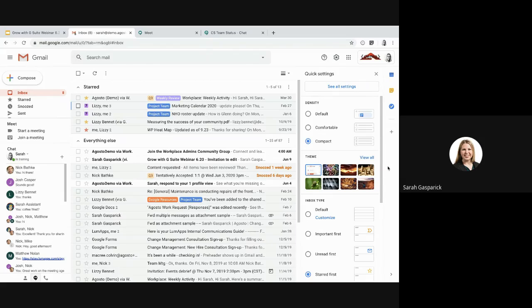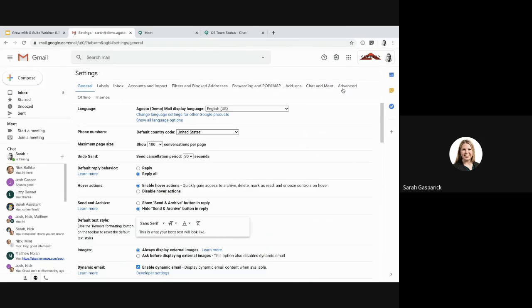Just like we have in the past, we still are going to be able to see all settings and go much deeper with our configuration, of course. You see that broader view of settings, but it's nice to know that we've got that quick settings preview now available. We're going to look at settings just a little bit more as it relates to Chat and Meet here in just a moment, but I'm going to go back to my standard inbox view for a second